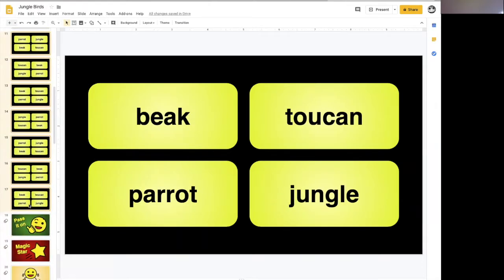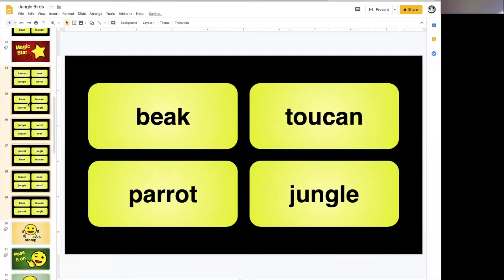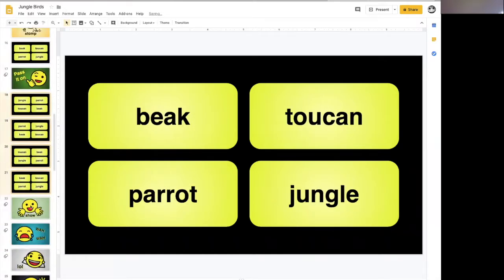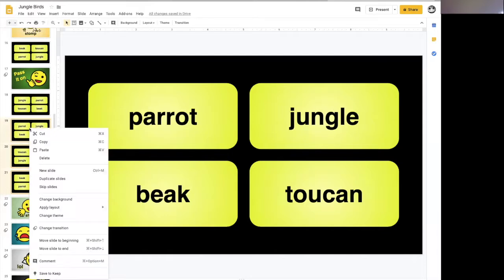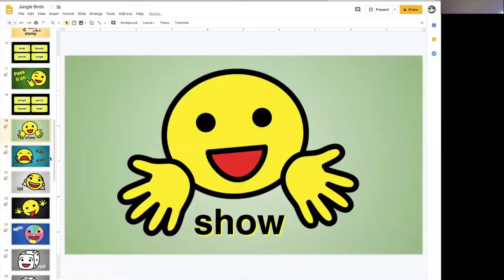Grab, leave one behind, drag. Leave one behind, drag. Leave one behind, drag. Okay, we're now at show. That's the last prize. So we delete the extras. And now what I do as a just in case measure,